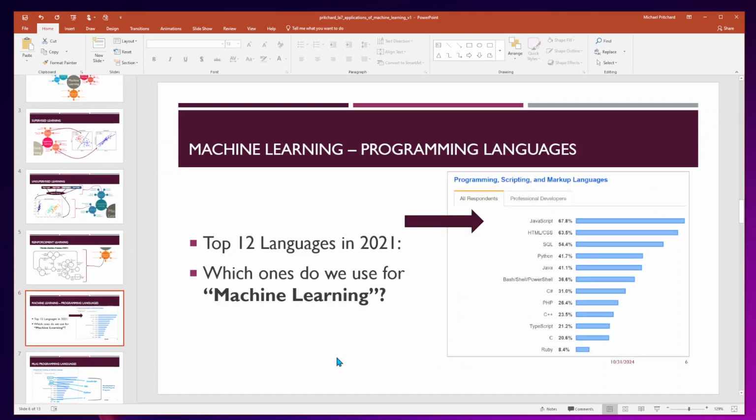Let's move on to the development framework. So you're probably asking yourself, okay, now that we've gone through supervised, unsupervised, and reinforcement learning, what languages do we use? This was from 2021, and it's not what you would think anymore. I would say from 2021 to now, it has changed quite a bit, in the sense that SQL is still very much used. We teach Java, HTML, CSS, which in my opinion are some of the worst languages to teach students,